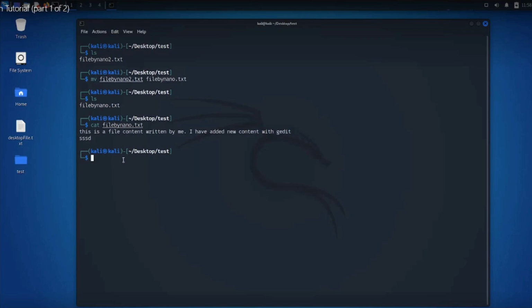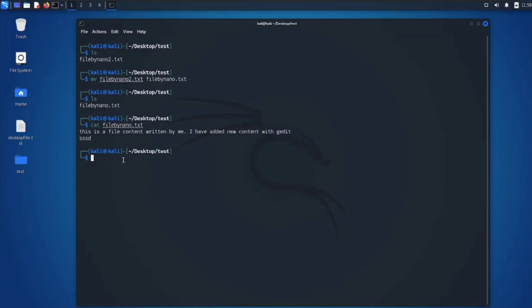Now, I mentioned a relative path, which is a path that starts from the current working directory. You can have absolute paths, which start from the start of the disk. So this command that we have executed earlier could be rewritten as follows. What's the current working directory? It's this one. So if we say move whatever is in this folder that we are currently on, which we call file by nano.txt,